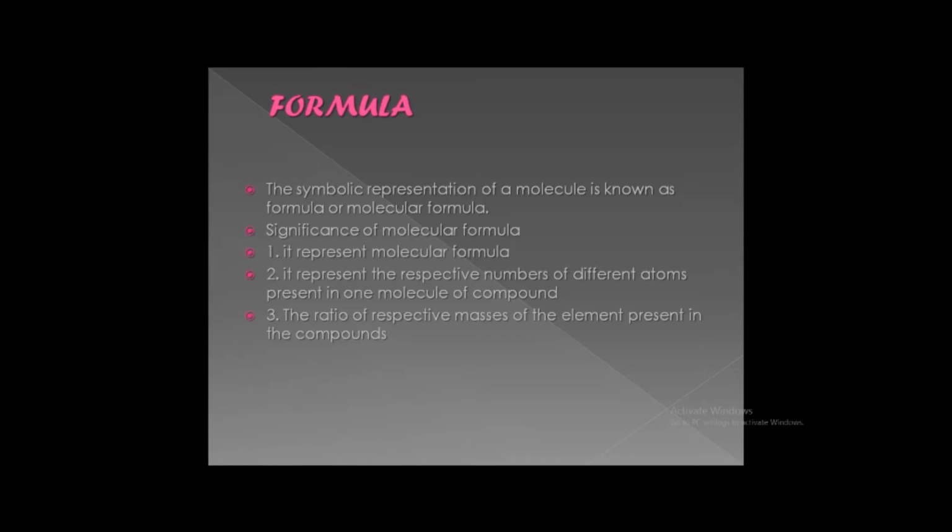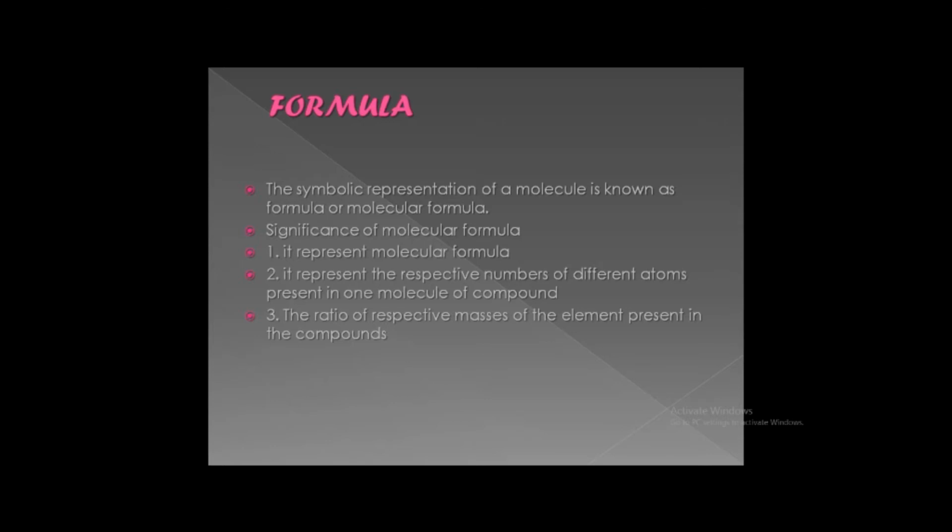For example, I'll explain. Take an example of carbon dioxide. What will be the molecular formula first? That will be CO2. Second, in CO2, with the formula we can tell that carbon atom is 1 and oxygen is 2 in number. Take another example, the case of water. The symbolic representation of this compound will be H2O. From H2O, what can we derive? That there are 2 atoms of hydrogen and 1 atom of oxygen.